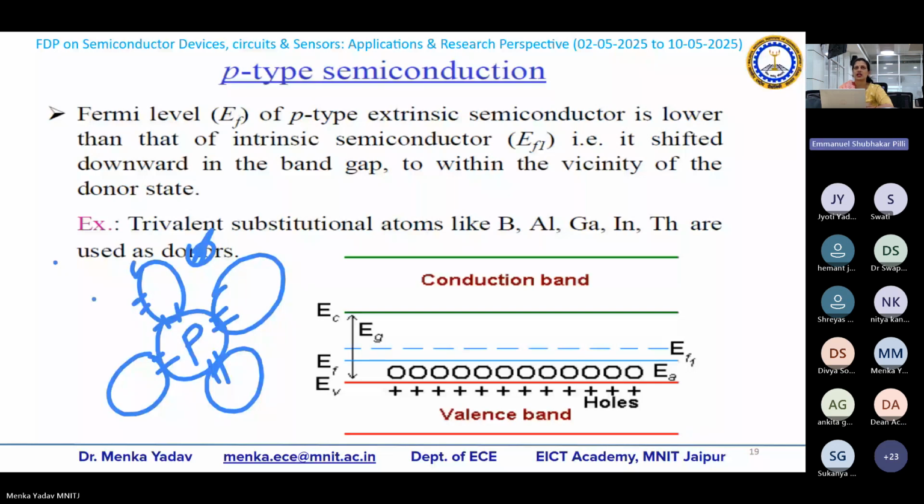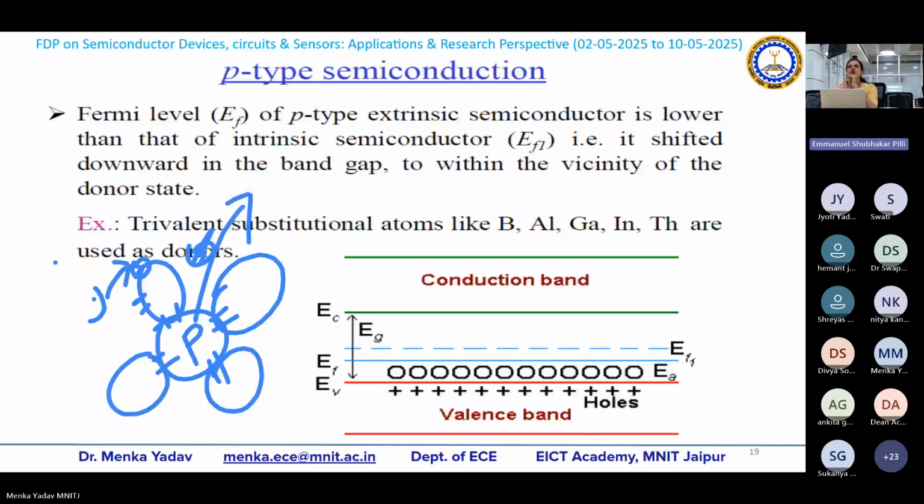Hole is the vacancy, right? So it is available at the place where the electron can sit. So this electron sees, okay, a hole is available and it can sit over here. If it sits over here, it means one electron is vanishing, and along with that, one hole is also combining. So this is known as electron hole recombination, right? This electron came out of the phosphorus.